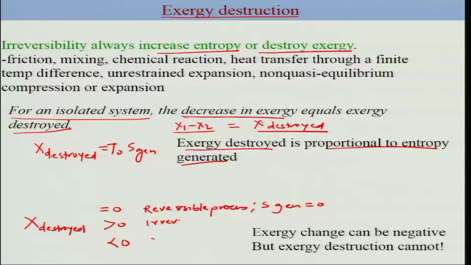Can it be negative? No, it cannot be negative. So, this would be an impossible or not possible process, okay. Now, this is very clear that exergy destruction cannot be negative, though exergy change can be negative,